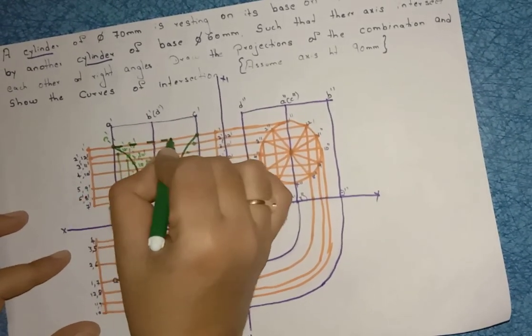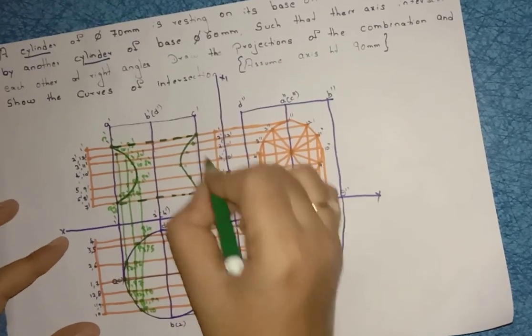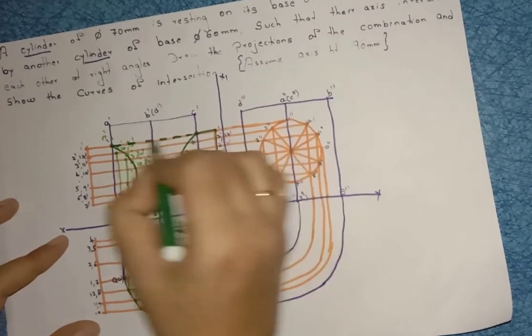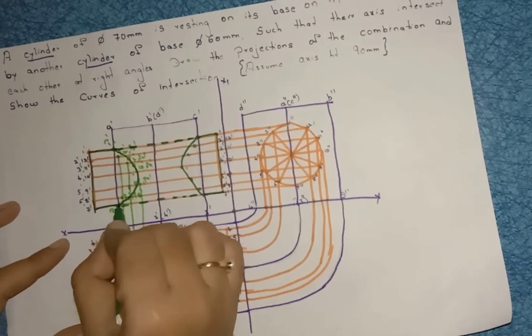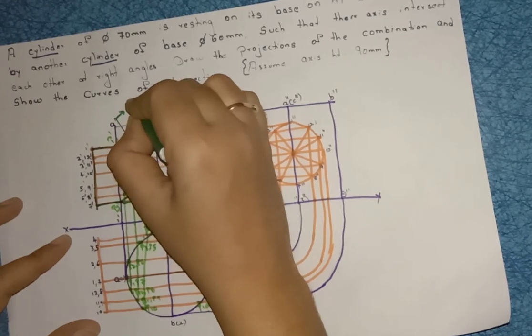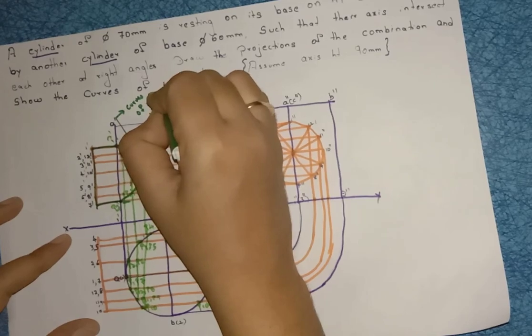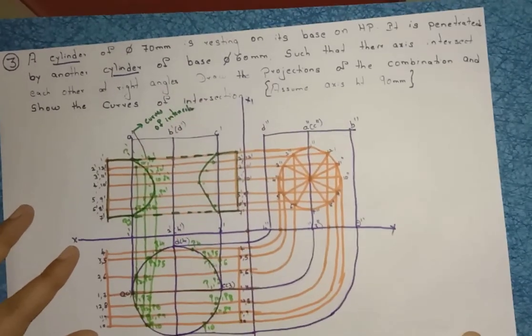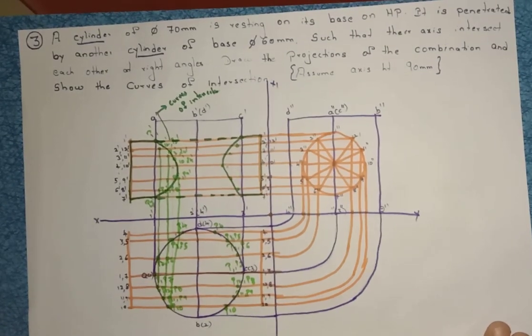This is nothing but, here naming it as curves of intersection, right? So previously we wrote lines of intersection, that is for polygons, right? This is a cylinder, so write down this portion here as curves of intersection, right? So this is the problem. Please practice this, you will understand what we are doing.